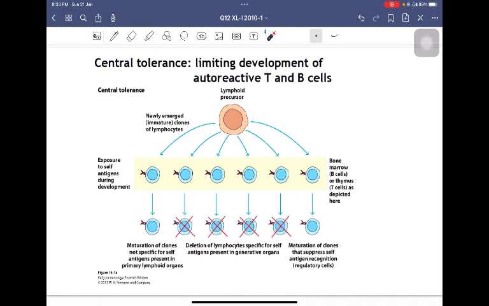What do I mean by rectify? They are trained in such a way that they should not react to the self antigens. They know all our body's antigens. So they are trained in such a way that these T cells should not select or react to our body's antigens and